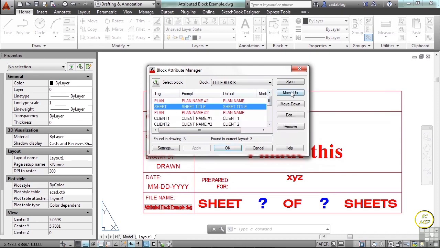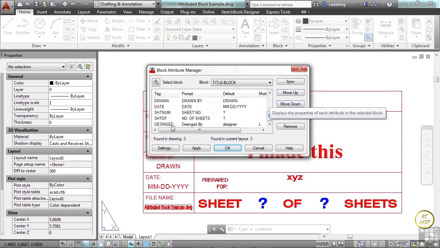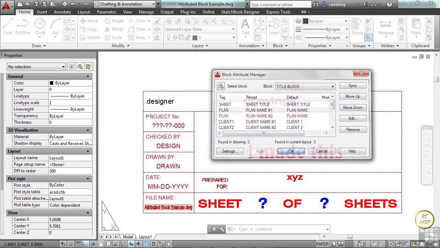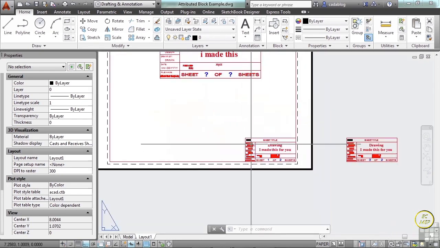Select it, click Move Up. So now, when we insert it, the sheet title, which is probably more appropriate, will be prompted first. Since we've added in this new attribute, we need to sync all of the other instances of the block. So click the Sync button. Move this out of the way, you'll see it fixed it. You can click Apply, click OK. And that's been fixed